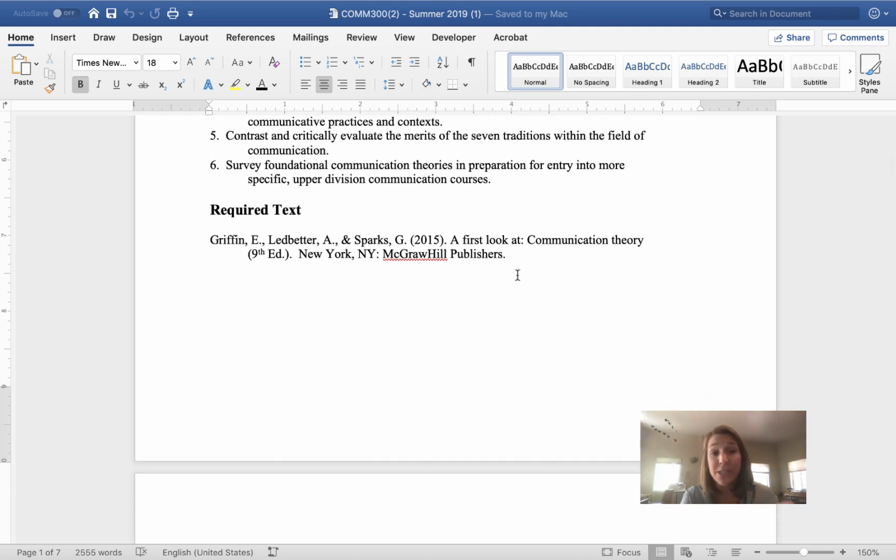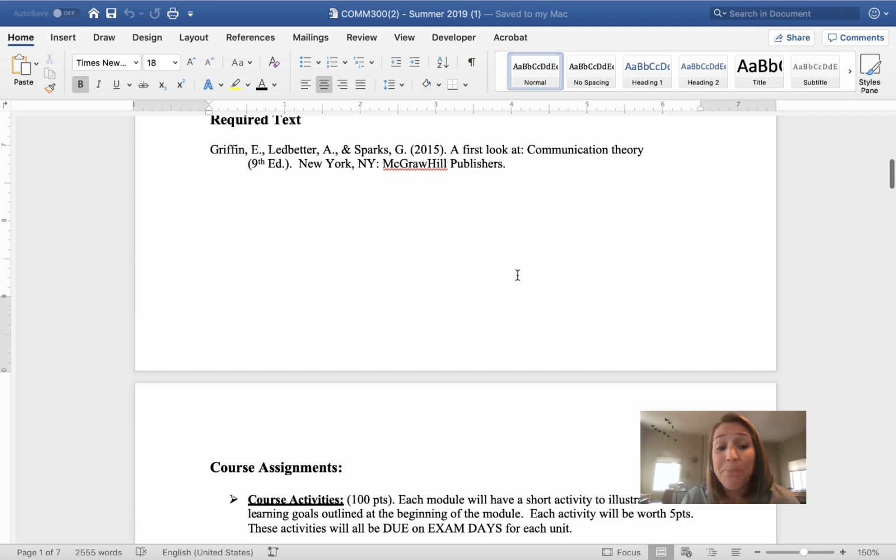Again, very big critical point here. This is the text. This is what it looks like. You do need it. I follow this text in this course almost exactly, chapter for chapter. This book is golden to you. So please, you don't have to get it at the bookstore. You can find it on Amazon or other sources, but you absolutely will need this textbook, okay?